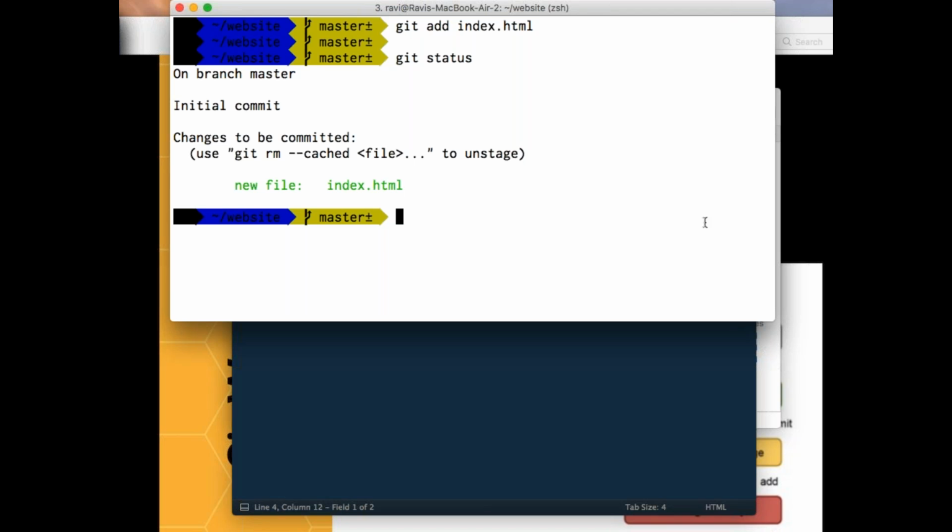Make sense? Because what is the meaning of versioning? I want to know what happened at that point of time. So at this point of time, I created a file called index with this basic HTML structure. Now if I make another change on this thing, again I need to do staging and this committing. Now let's see how we are going to do the specific things.